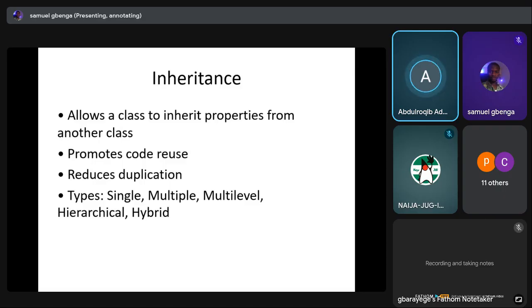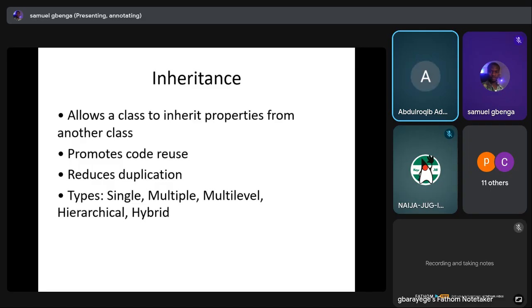And we know as software engineers the time our code runs really matters a lot. So inheritance helps us to reduce the workload